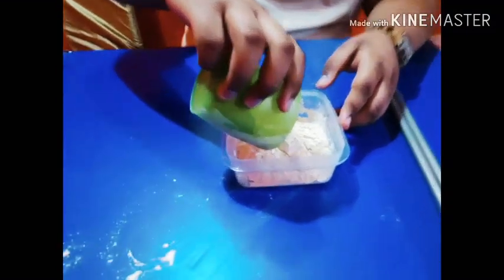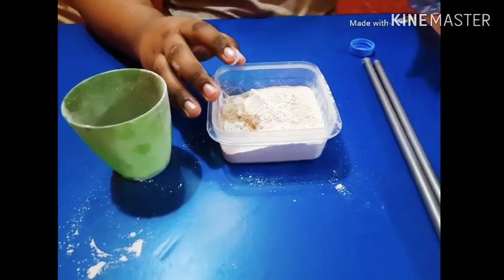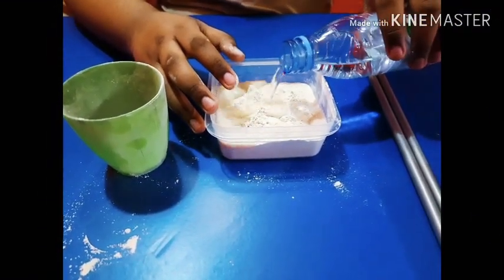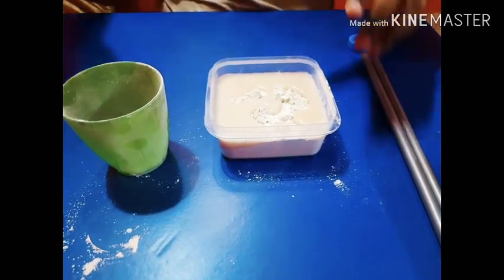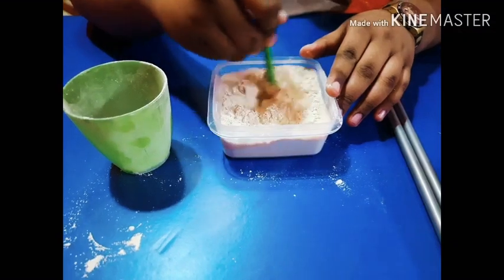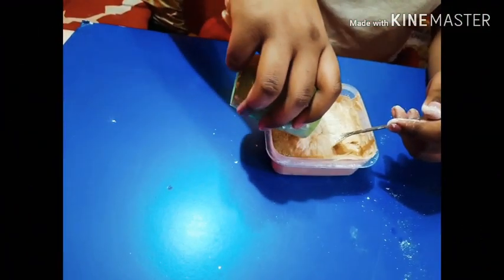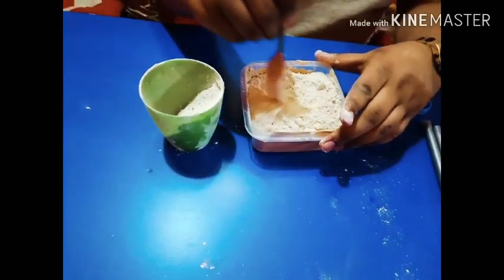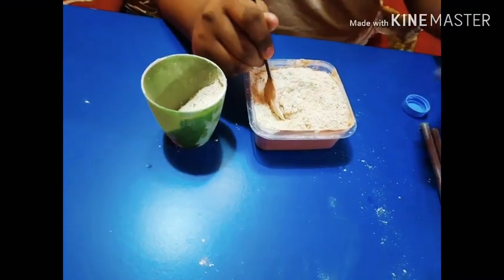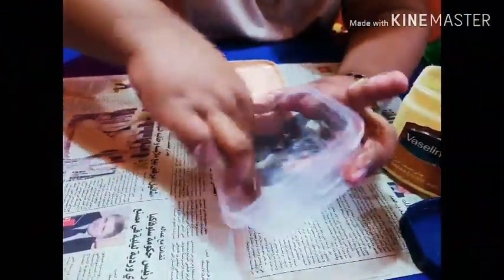Now let's make it. I'm pouring 1 cup of cement into the empty container and I'm gonna add water. Okay, that's enough. Now I am gonna start mixing it. It was not enough, so I'm gonna add 1 more cup of cement. A little bit more water, and now after mixing it, when it's completely done, I'm gonna take Vaseline and another